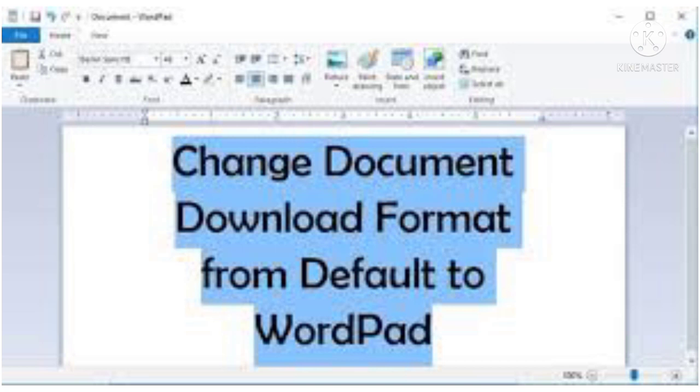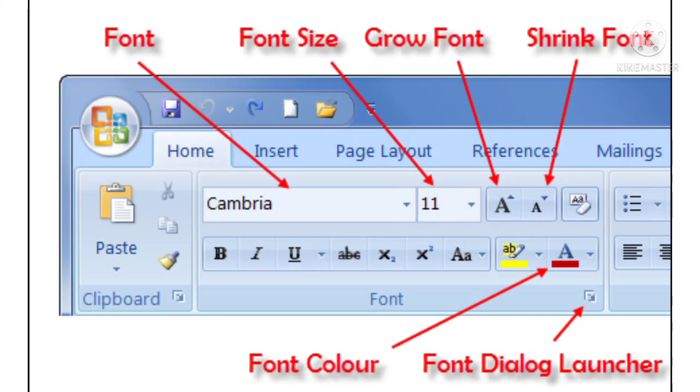Number 4, then you can change the font size and font color by clicking on their drop down arrows. Number 5, you can also change the font style and make it bold and underline the text. Number 6, try the different options and see how the font changes.